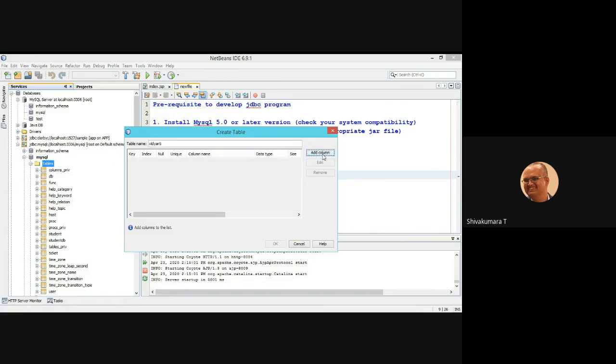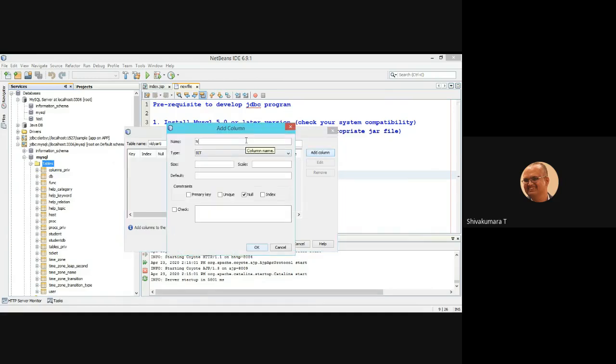So adding the column, I am adding name of the student, varchar, maximum length of the size of that student I am going to fit is 50 characters in length. I don't want to allow the null value, so I am clicking this one, means deselecting, then click on OK.